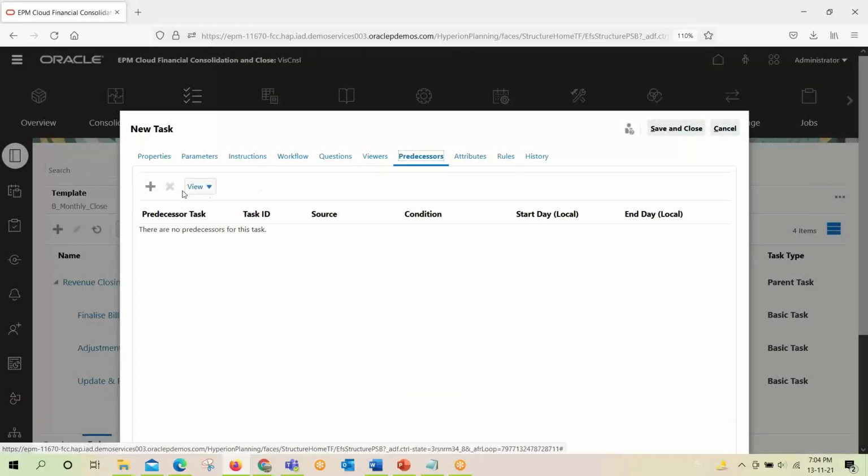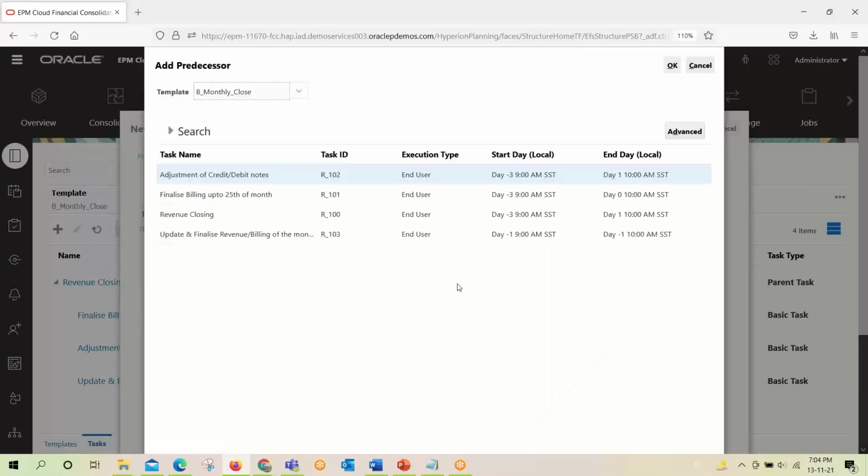And predecessor task. We can define the predecessor task. See, the 4 available tasks are there: 101, 102, 103.